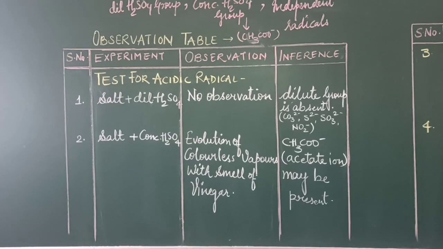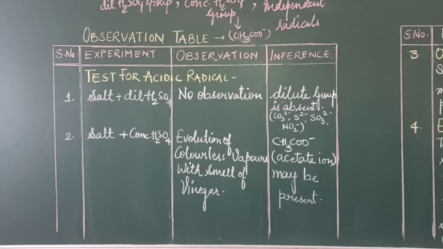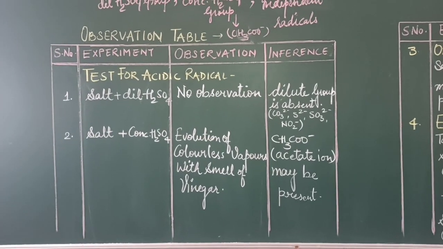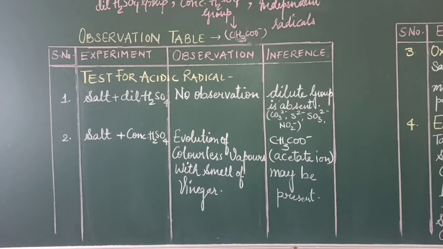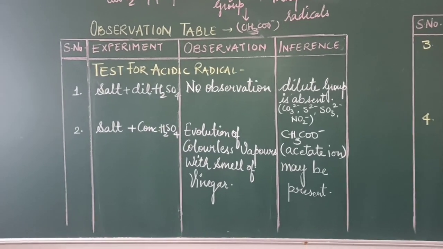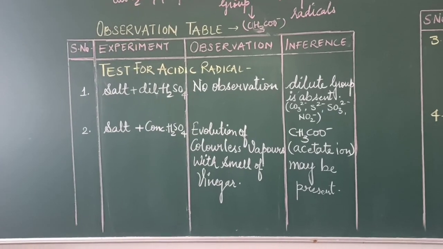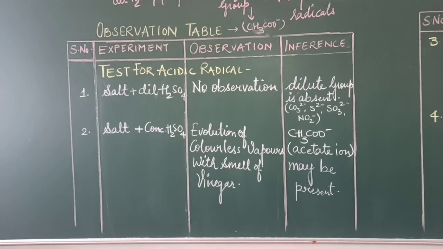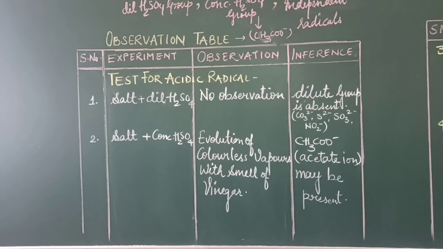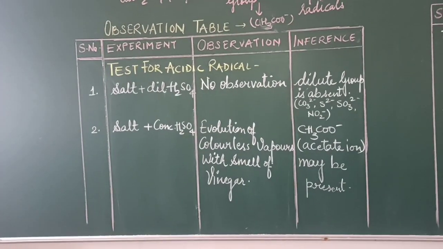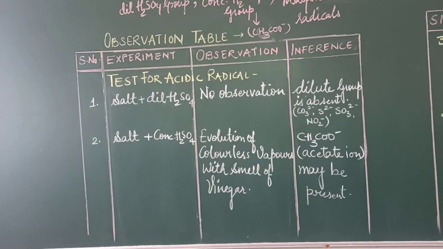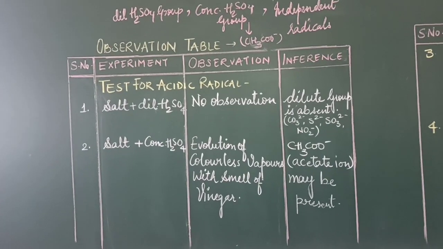If there is no observation, no evolution of any gas is seen, then dilute group is absent. Dilute group absent means the carbonate ion, sulfide ion and nitrite ion are absent. Then we will throw the content of the test tube and we will wash it, and then we will take the salt again in the test tube, and now we will add concentrated H2SO4. And with addition of concentrated H2SO4, if we see the evolution of colorless vapors which smells like vinegar,